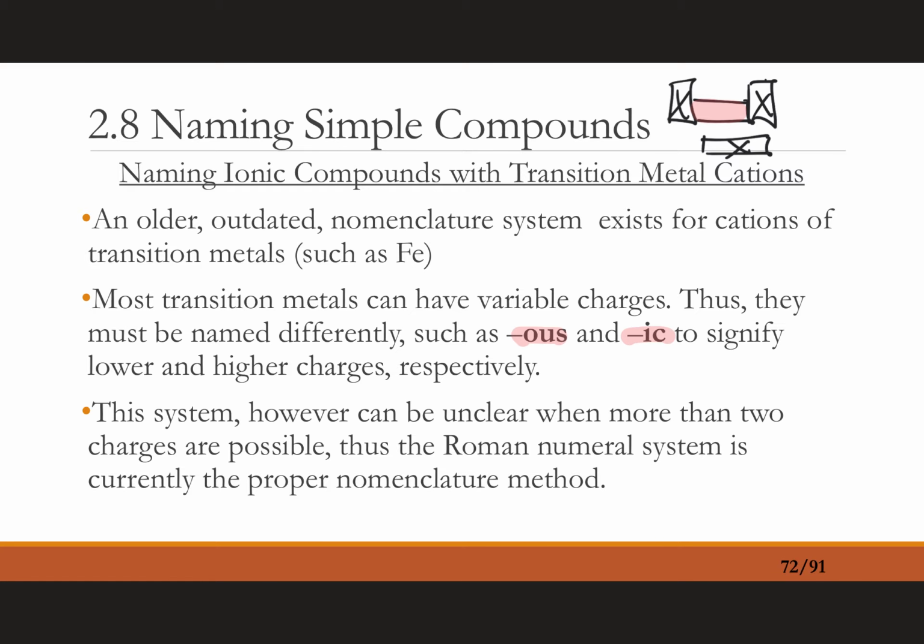And when you get that, you can have two different compounds, FeCl2, for example. It can combine with chlorine to make that, or it could combine with chlorine to make FeCl3. Chlorine always has a -1 charge. And so what that would tell you is that this iron here is an Fe2+. The iron there is an Fe3+. They're different. They must have different names. The compounds, therefore, will have to have different names. So we have ferrous chloride